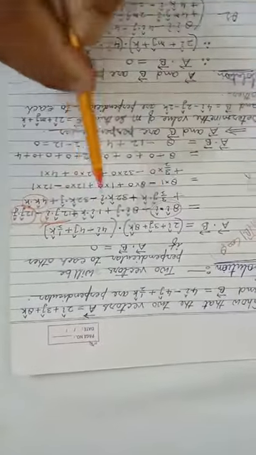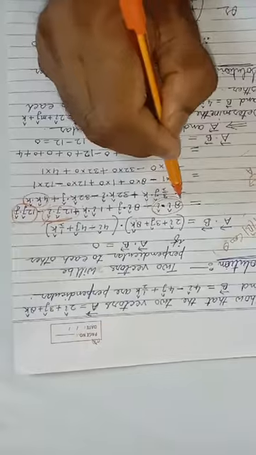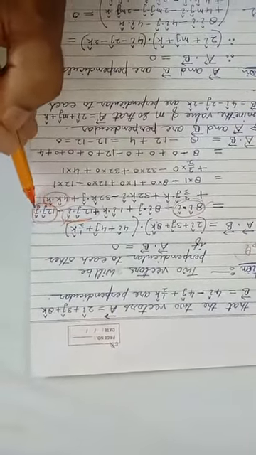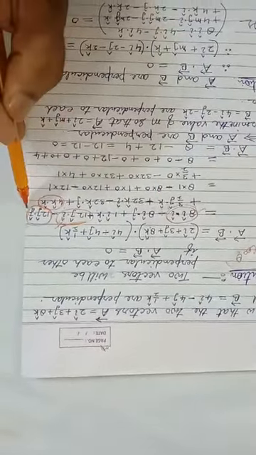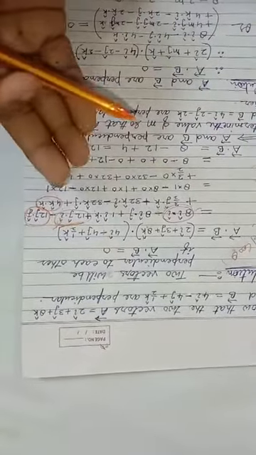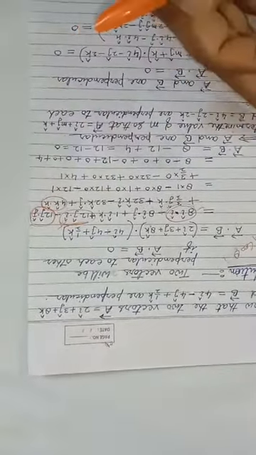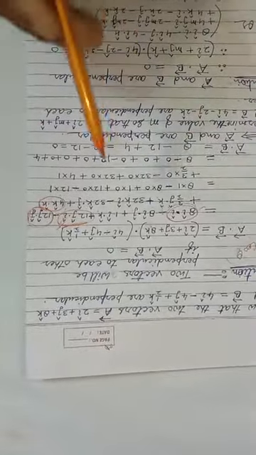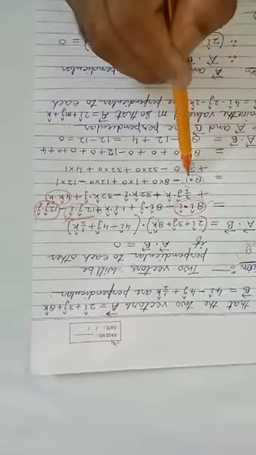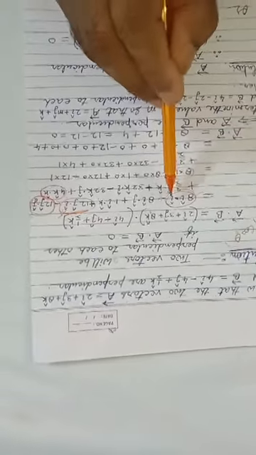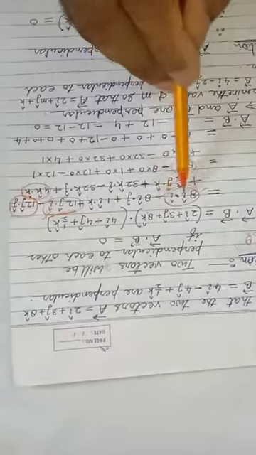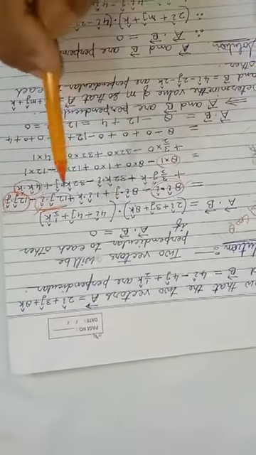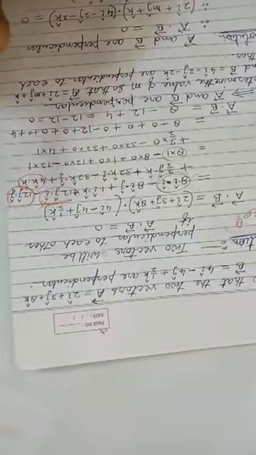These three will not be zero; the rest will become zero because all are perpendicular to each other and cos 90 is 0. So these three terms, 8 i dot i, 12 j dot j, and 4 k dot k, will not be 0 and the remaining will become 0. We have shown this in the previous class. So this will come 8 into 1, because the angle is 0 as they are in the same direction. So i dot i, j dot j, and k dot k will each be equal to 1.